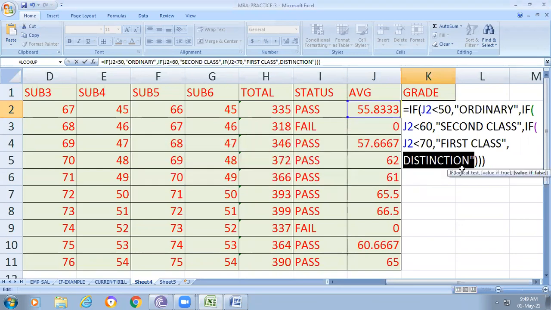Here I'm using something wrong. So what is this? If J2 is less than 50, ordinary; if J2 is less than 60, second class; if J2 is less than 70, first class; otherwise we give the distinction. Am I right?